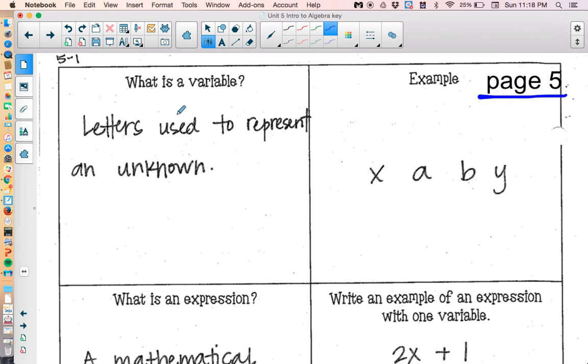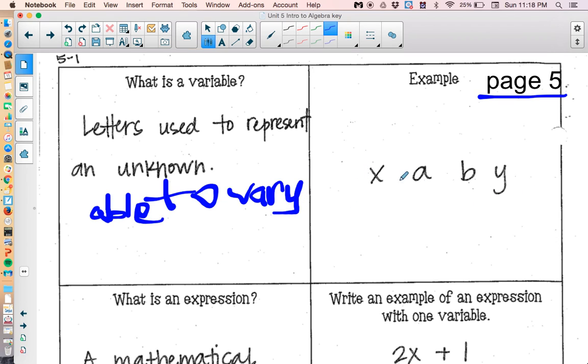A variable, again, are letters used to represent an unknown. And remember that it's able, sorry, this is a little harder to write. I forgot my stylus. So we're going to write able to vary. And maybe I'll actually use a typing tool next time. All right, able to vary because it can change. Examples are X, A, B, Y, any letter of the alphabet, and even some letters that are Greek that you maybe have never seen before, such as